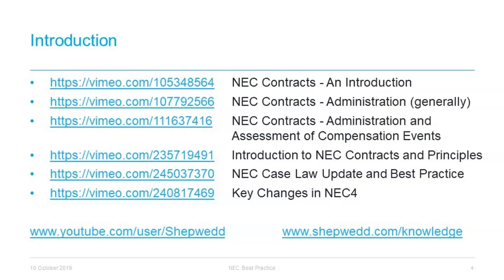As we mentioned a minute ago, we are going to focus quite heavily on activity schedules and options A and C. We will discuss how the activity schedule is operated in terms of making sure it is not forgotten about, and also the pain-gain scenario and how that operates in option C. It is just as important with a cost-reimbursable contract to have sight of that final account and how you are operating and how you are adjusting the contract price throughout the life of the project, such that you do not come up against difficulties in the end if either the contractor or the employer have not been kept up to date with that cost. Although I'm sure you're all pretty familiar with it, Lisa is now going to just run through the NEC contract.